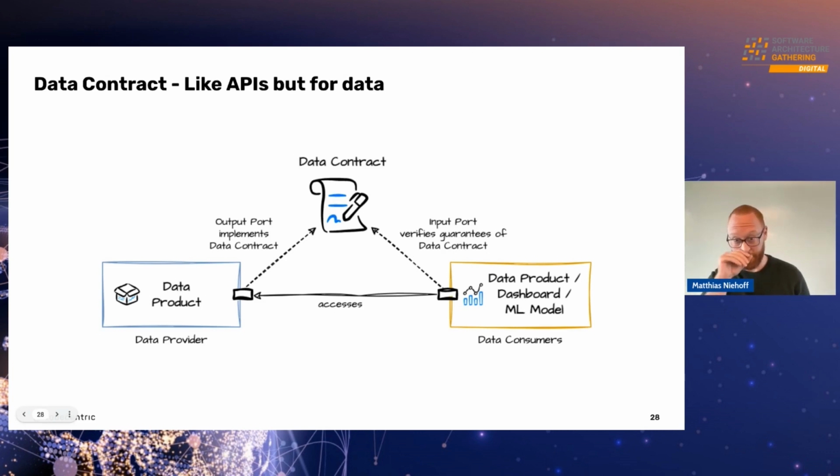I mean, that's the hard part as always, to talk with each other about interfaces. And you write it down in a contract, and you have something to talk about. You have something to discuss, to actually say, hey, could we change this? When we would change this field or add this field, what would this mean for you? And I've seen implementations where you don't do a contract forever, but agree on this contract for the next year, and re-evaluate in one year, and see what we have to change, or maybe the producer wants to change something, or the consumer wants to change something. So this is an idea that recently came up.